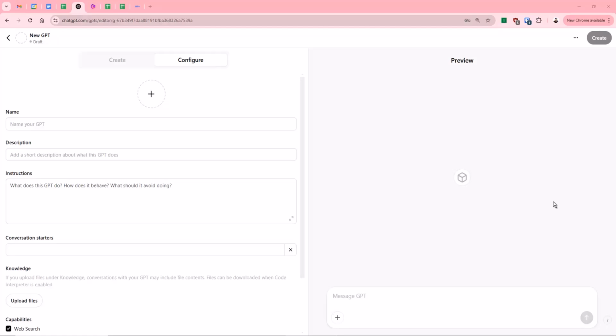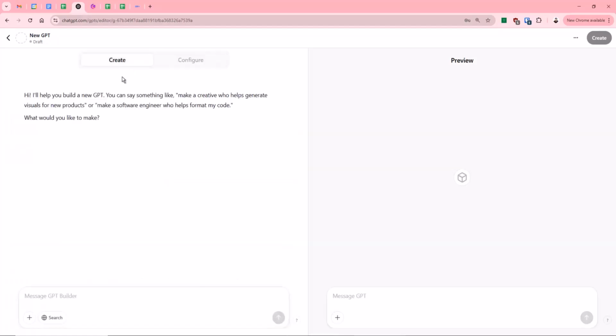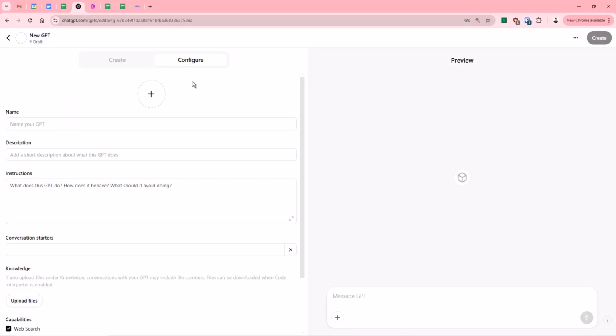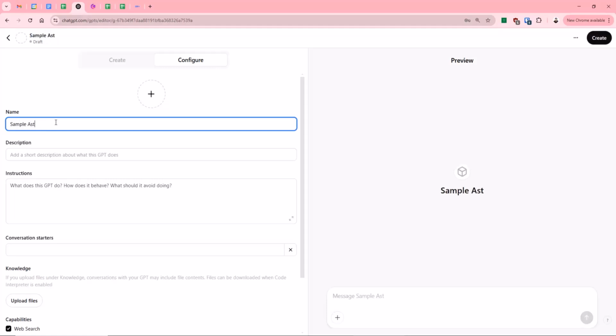So what I've done is I've opened up My GPTs. You can find that on your ChatGPT in the top right hand corner and click Create Your Own. You can create it by asking it and prompting it to what it's going to do, but I'm actually going to configure this one manually. And I've got a pre-written script that I'm going to paste into here as the instructions of what it's going to do. But I'm just going to call it Sample Astranti Customer Service